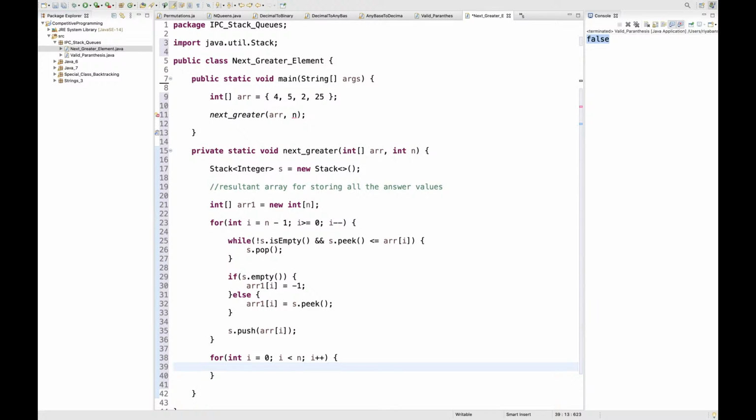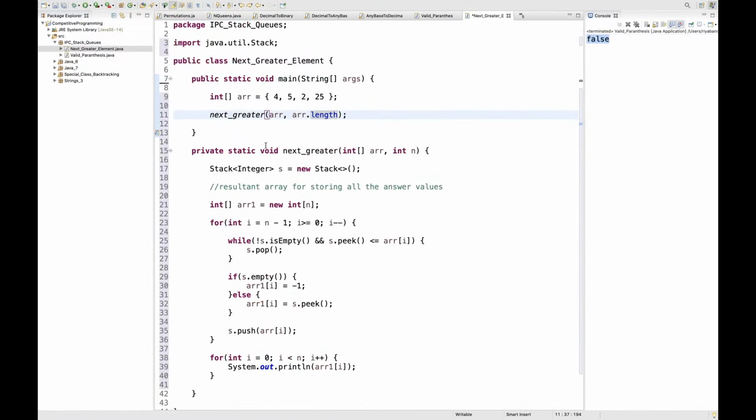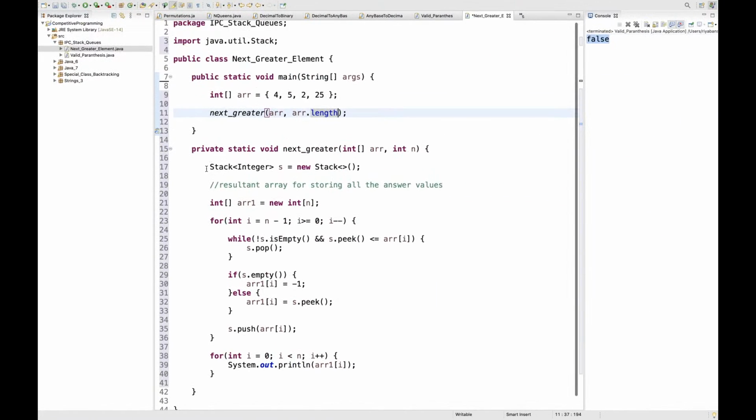So in order to do that, let's just iterate from the array and print all the values of the new array, correct? So let's just quickly verify.